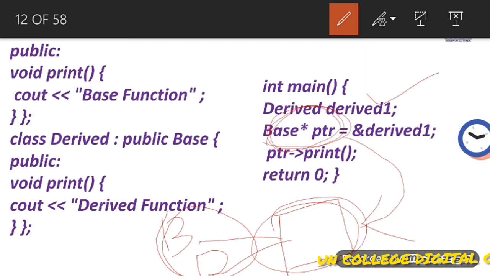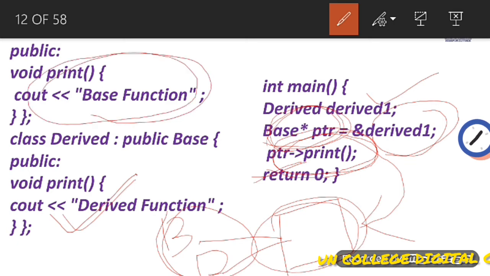But when we are calling the print method with the reference of the pointer which is pointing to the derived class object, we assume that it will execute the derived class method, but it will execute the base class method. Why? Because the base pointer is basically of the base class category.